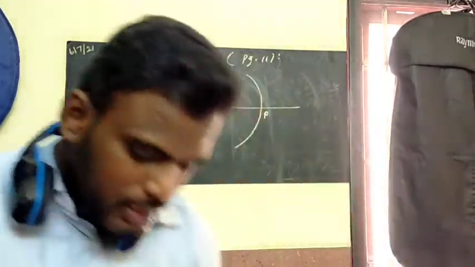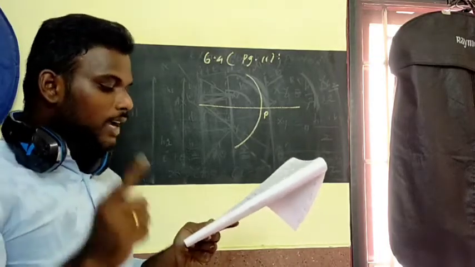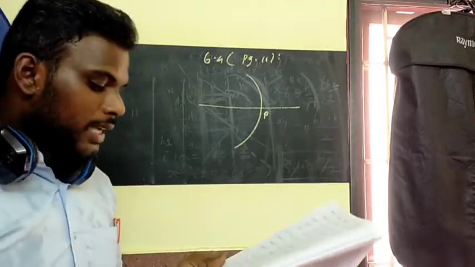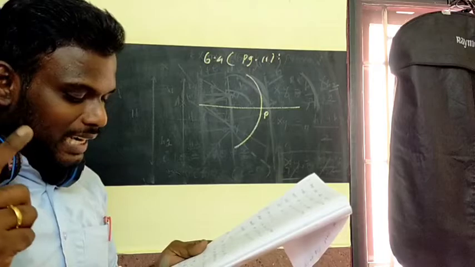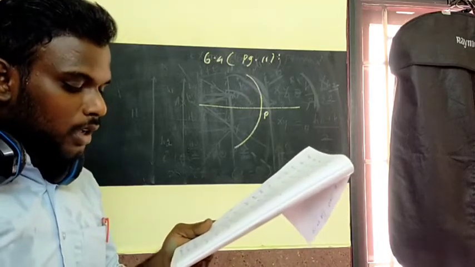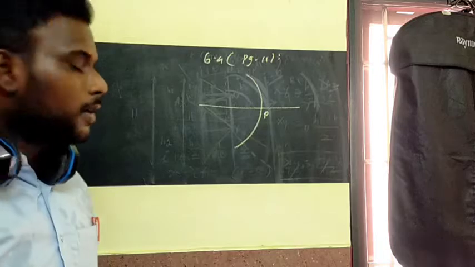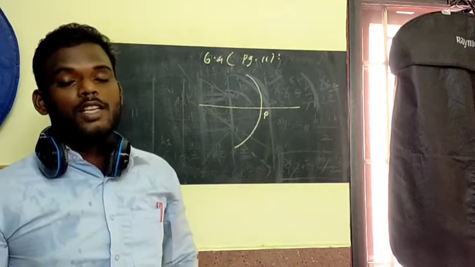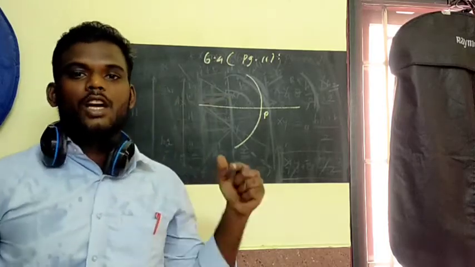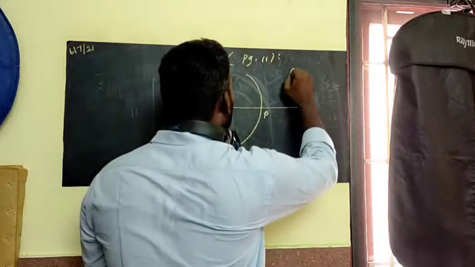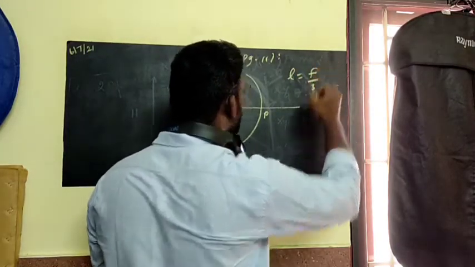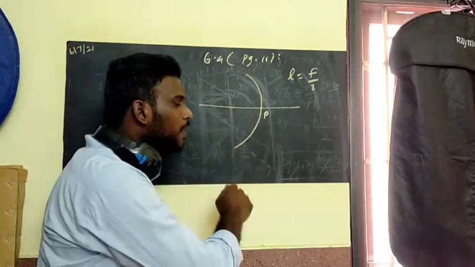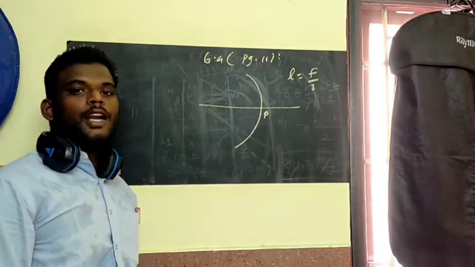A thin rod of length f by 3 is placed along the optical axis of a concave mirror of focal length f such that its image, which is real and elongated, just touches the rod. Calculate the longitudinal magnification. So listen. They are placing an object, a rod which has the length of f by 3. What is my f? The focal length of the mirror. And it is placed on the optical axis. What is the optical axis? It's called the principal axis.